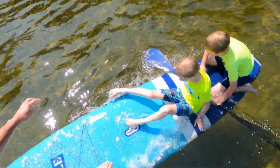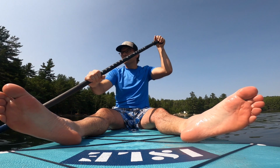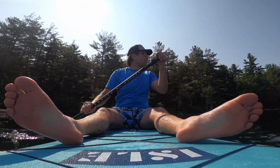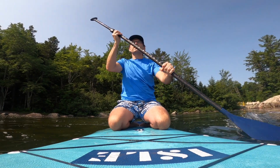So final thoughts. Like I said, this would be a fun thing for your family to play around in the swimming area of your local lake. And then a little bit that I've used it, I almost prefer it to a kayak when you're going out further, as long as the waves aren't too choppy or anything. It just glides along the top of the water better, and it just seemed more fun,